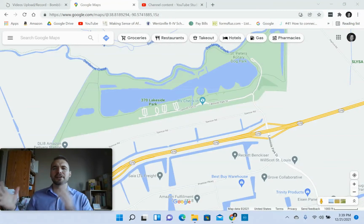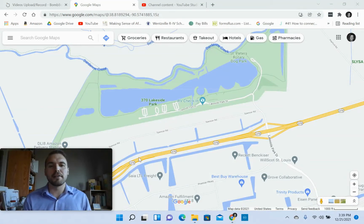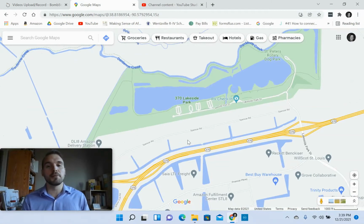Today we've got a virtual tour of St. Peter's. The boundary lines, at least in my head, are a little bit fuzzy with what's considered St. Peter's and St. Charles, so I might get into a few things in St. Charles or maybe the O'Fallon area, but regardless, I'm going to do my best to show you off St. Peter's. And I wanted to begin over here at Lakeside Park because I think Lakeside Park is a really cool